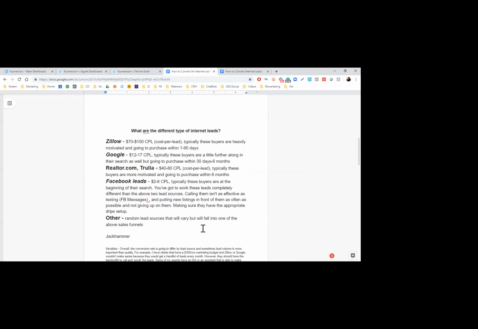So why do agents not treat every single internet lead source differently? Meaning, why do you treat a lead that came from Zillow the same way you do a Facebook lead or a Google lead? This is a mentality I constantly harp on with my agents: you've got to look at these leads completely differently. If I'm a personal referral, a lead from Zillow, a lead from Realtor.com,